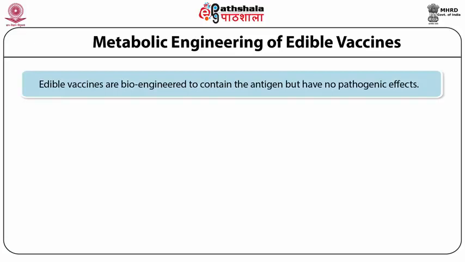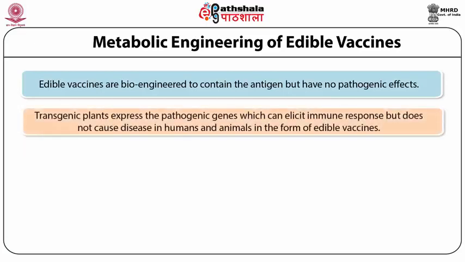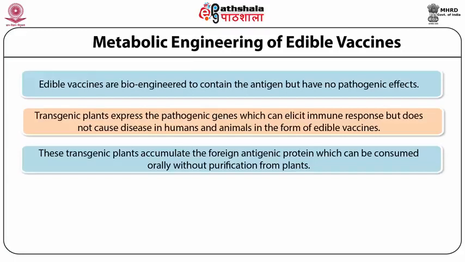Edible vaccines are bioengineered to contain the antigen but have no pathogenic effects. Transgenic plants express pathogenic genes which can elicit an immune response but do not cause disease in humans and animals, in the form of edible vaccines. These transgenic plants accumulate the foreign antigenic protein, which can be consumed orally without purification from plants. This is done by transferring specific types of genes into plants and producing the proteins